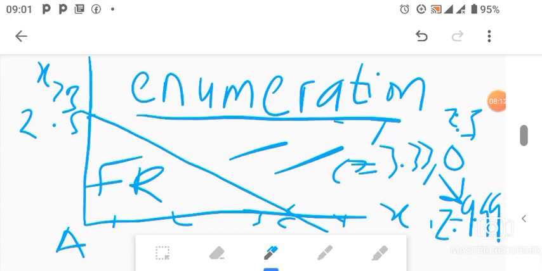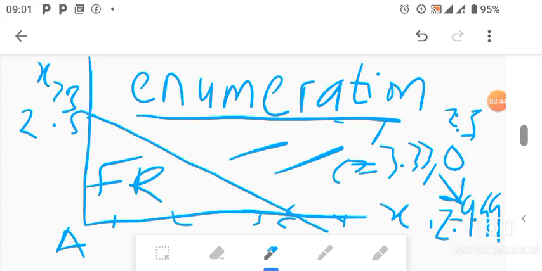How would you solve the enumeration method? Because the way these methods come in, these ones which are attached to integer programming, they all start to work after you have solved it like a normal graphical linear programming question. That's why I said we always start it like it's just a normal LP problem which we even graph. So after you've graphed, you have this solution on your graph. How does enumeration work? For enumeration, you'll be looking at your feasible region, which is there inside there.